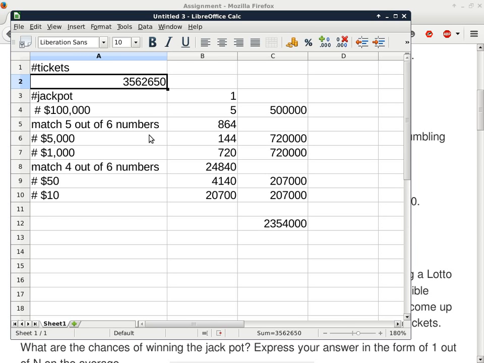But when you look at 1, 1, 1, 2, 2, 2, there are many ways to get it as a combination. You can draw 1, 2, 1, 2, 1, 2, or 2, 1, 2, 1, 2, 1, and it will still be considered the same. So let's look at this particular combination. How many unique permutations can I get out of it?